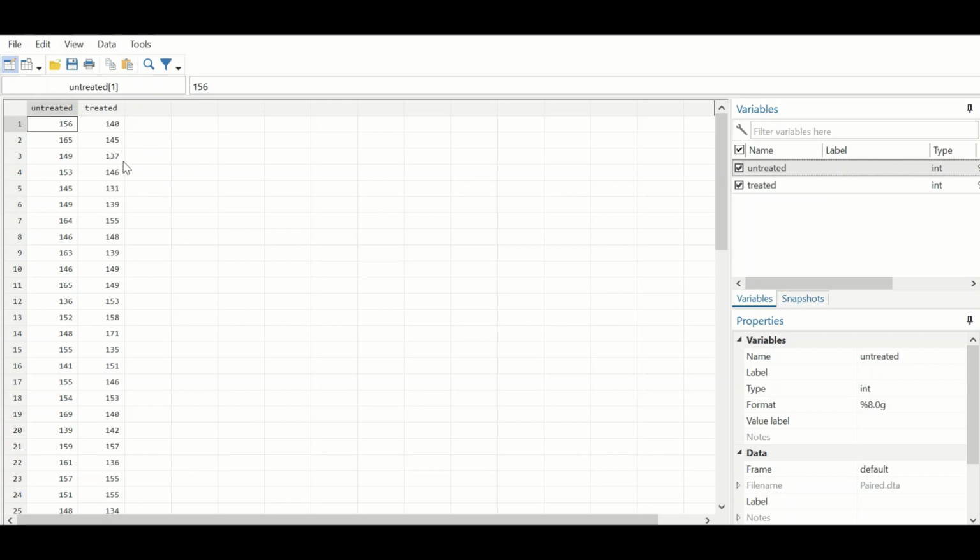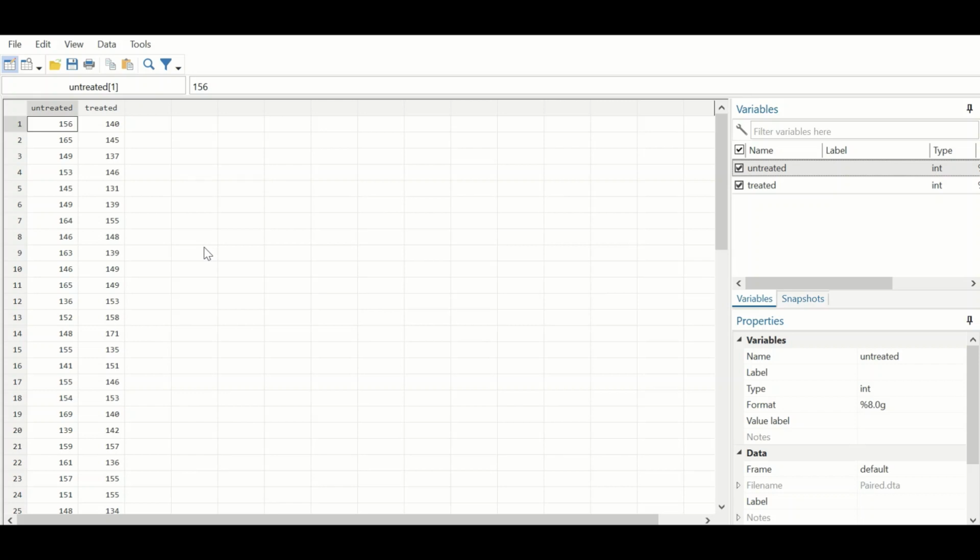The systolic blood pressure is the dependent variable. There are 47 participants or cases, and to find out whether this drug has a significant effect on lowering the systolic blood pressure, the paired t-test will be performed,